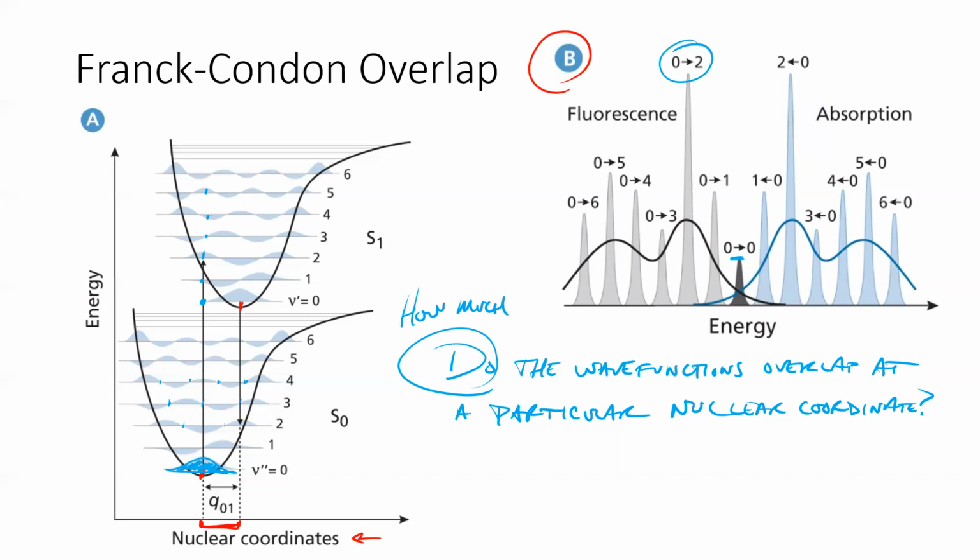And if we have relatively little structural change, in other words, if our vibrational levels stay essentially the same, then the overlap that we see in the excitation, the absorption, should be the same overlap that we see in the emission, right? Our 0 to 2 is still the most intense in terms of overlap. It has the best overlap, and so you see that the 0 to 2